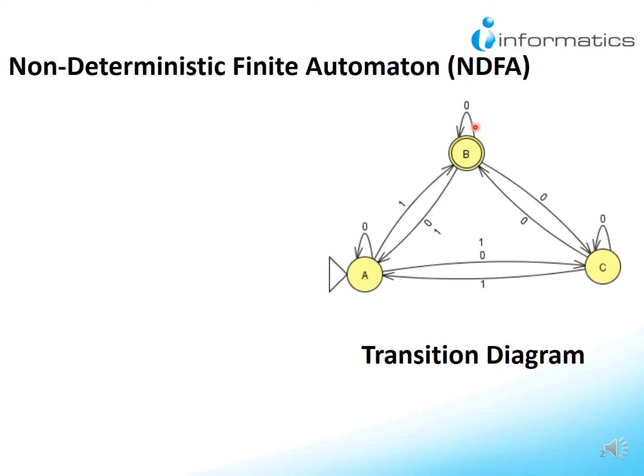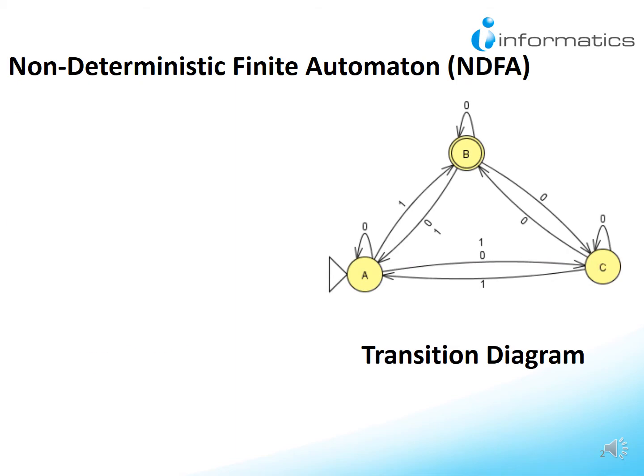Consider the following finite automaton. This machine is a non-deterministic finite automaton because it contains non-deterministic moves. For example, in state A, seeing a symbol 0, it can move to state A or it can move to state C non-deterministically. Similarly, in state A, seeing a symbol 1, it can move to state B or state C